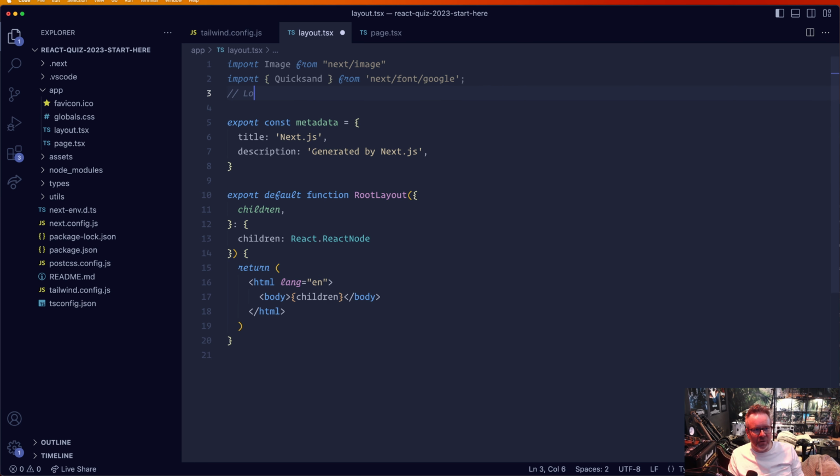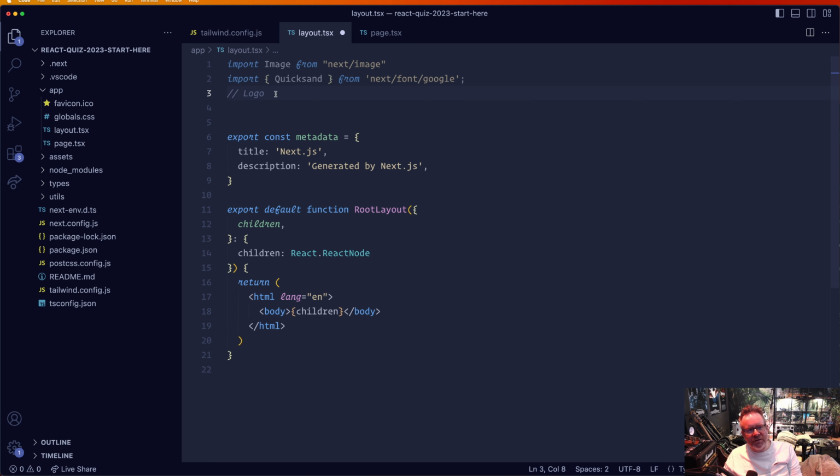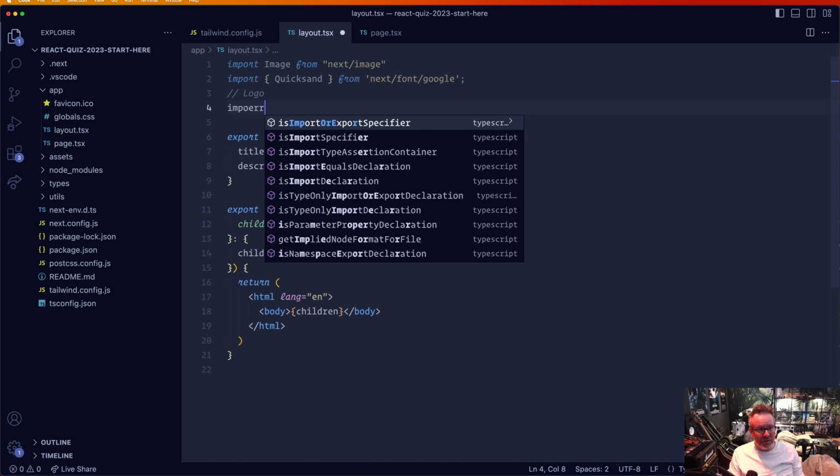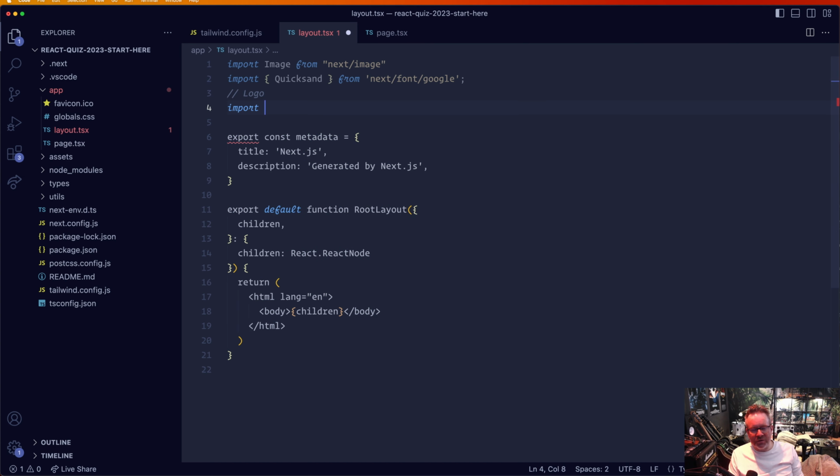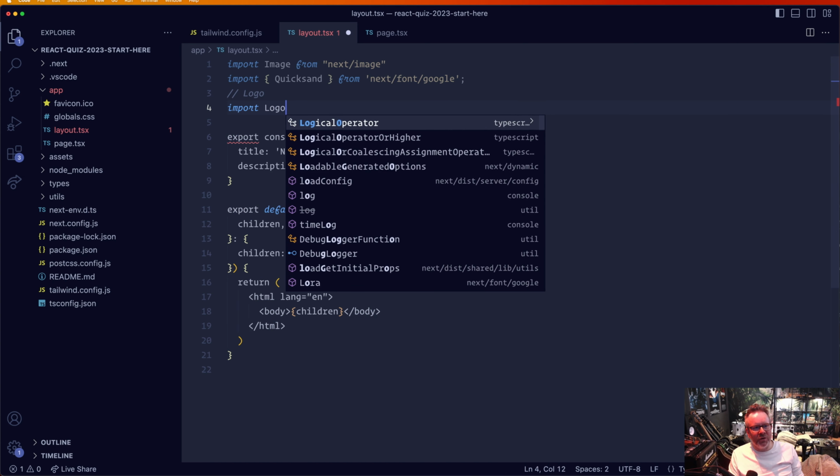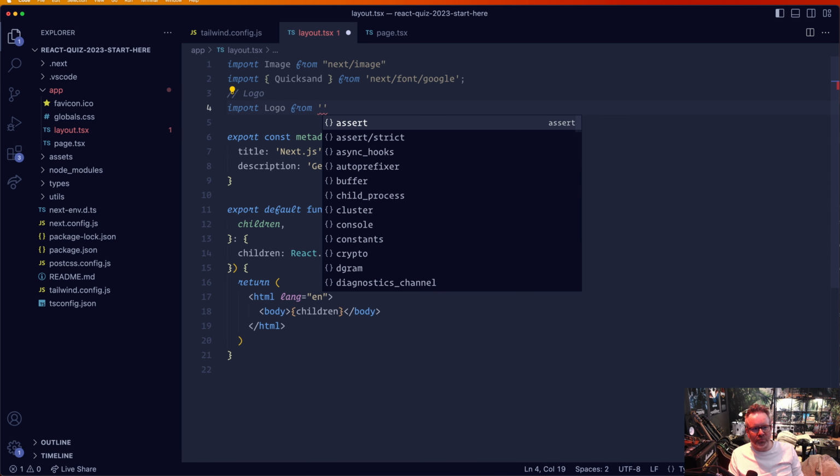Then we want the logo from the asset folder, and I like to mark it like this, so it's easier to see when you import stuff. I mark it with components, logo, and stuff like that. It's easy to just look at the imports to see what it is. So you don't have to do that, of course, if you don't want to. Import logo from